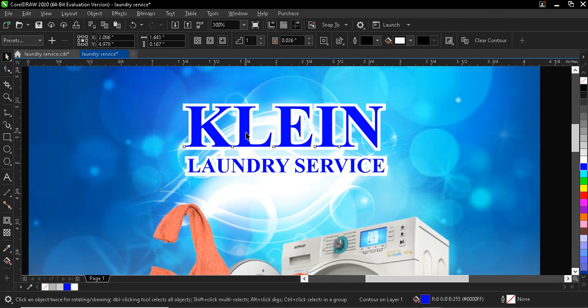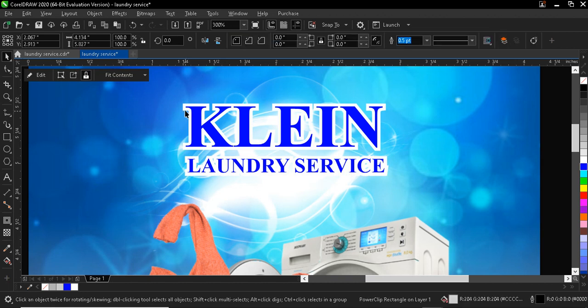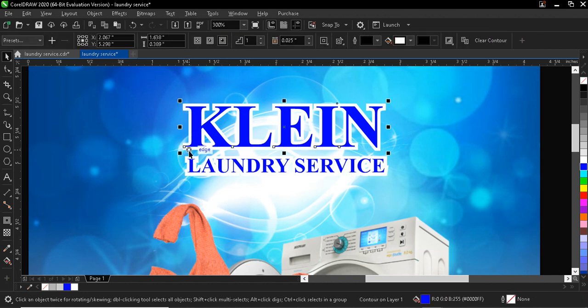Okay, so the next thing I'm going to do is cut the contour apart. So I'll just hit Ctrl K to cut apart. I'll do the same for the laundry service also, Ctrl K to cut apart. So I'll just give my contour